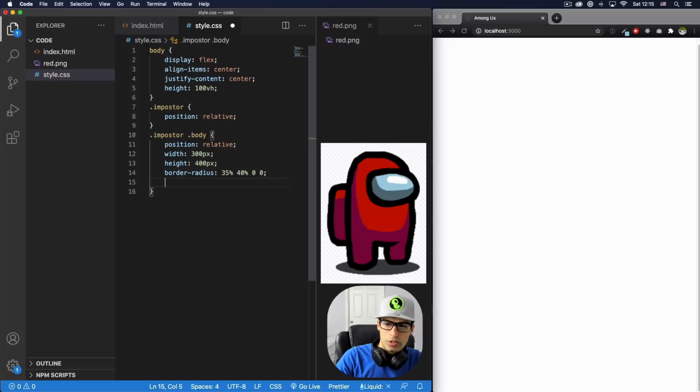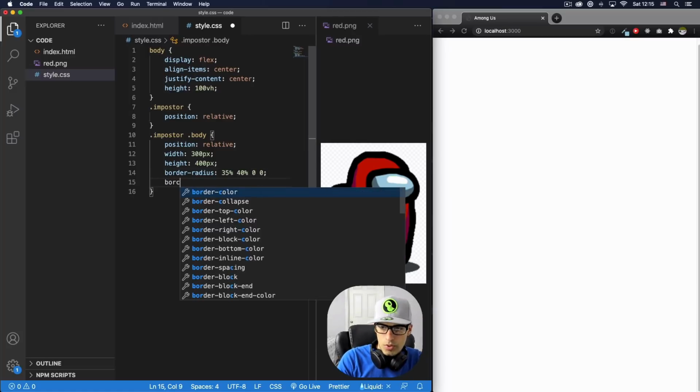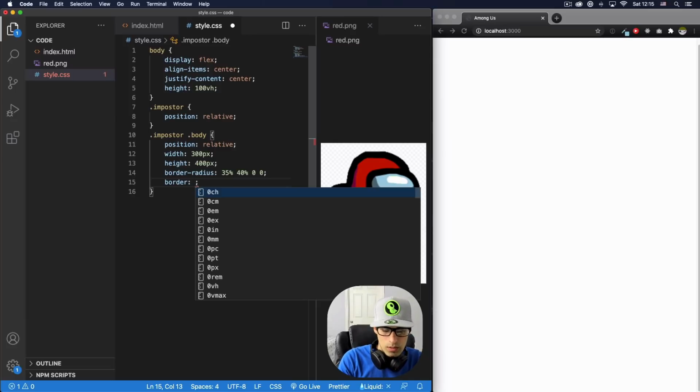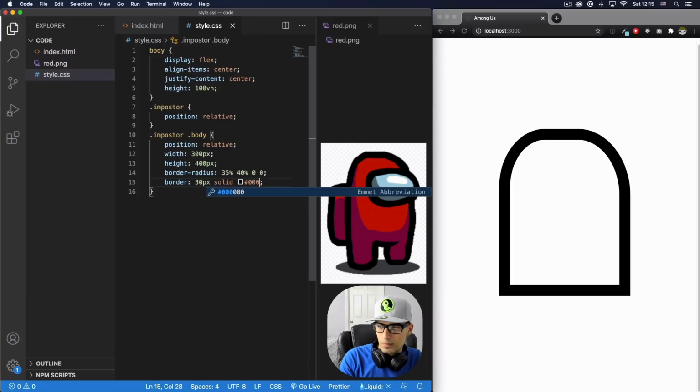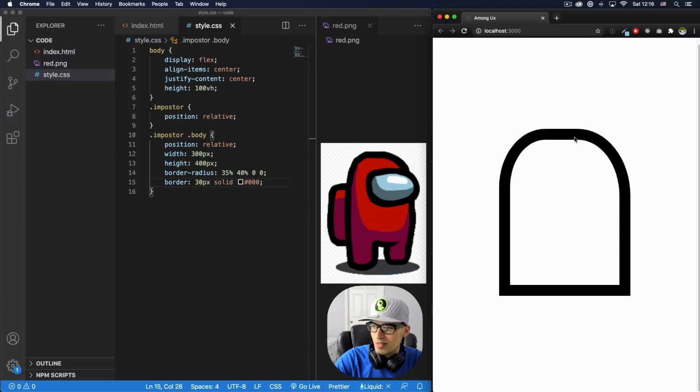And now we're gonna do a border. It's gonna be that black border. 30 pixels needs to be kind of big, solid, and black. So we can do just black. Let's save that. And here we go. We have already some shape. All right. I don't like it a lot. I think we can